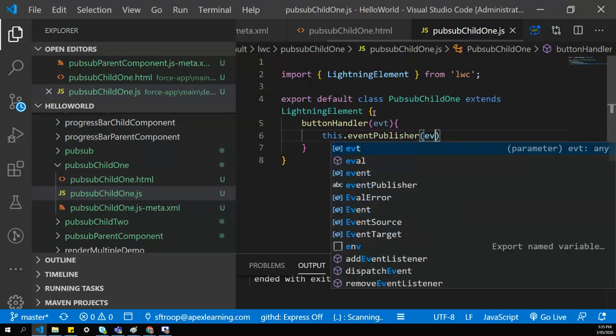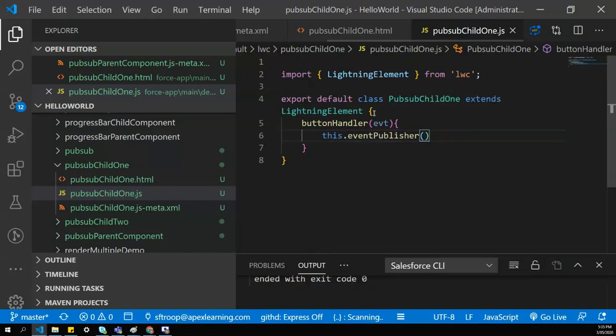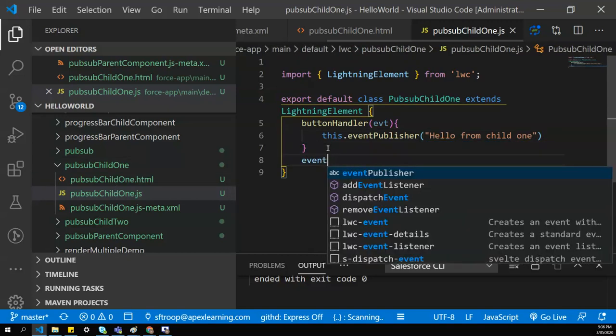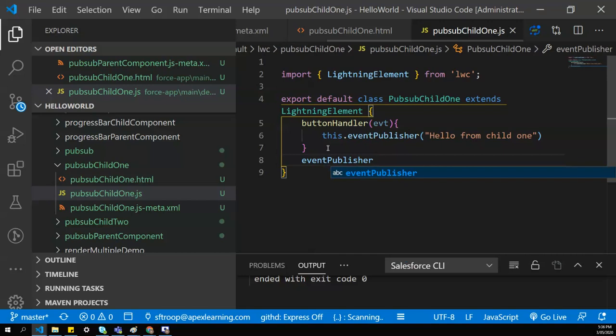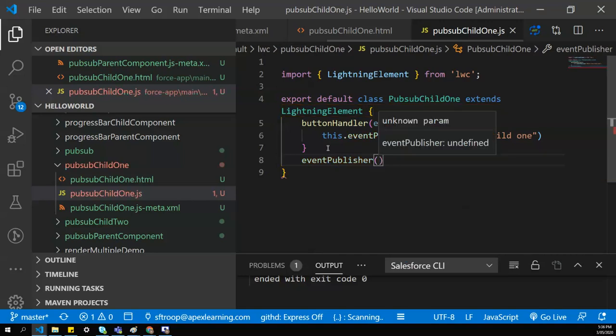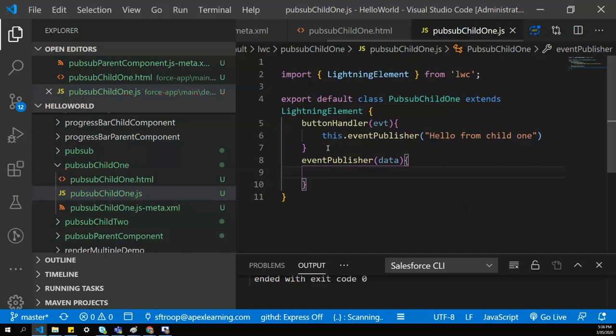I'll pass whatever value I want, like hello from child 1, and I'll create that method eventPublisher, and it will receive the data. Hello from child 1 is the data received by this method.